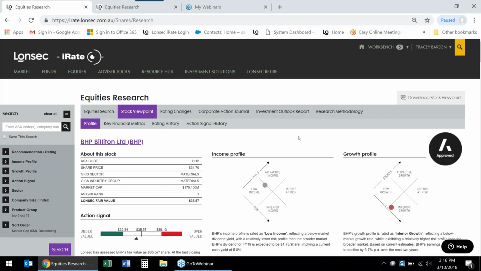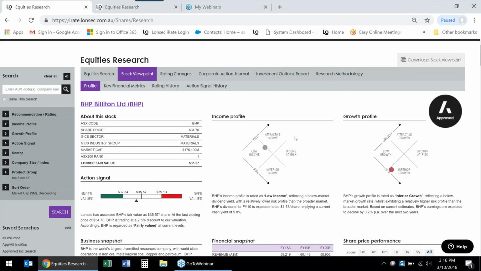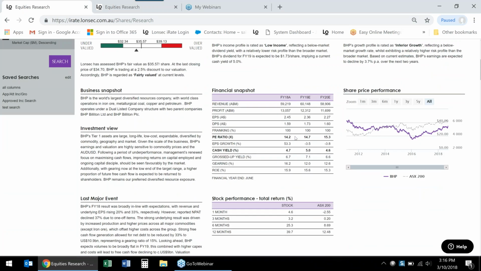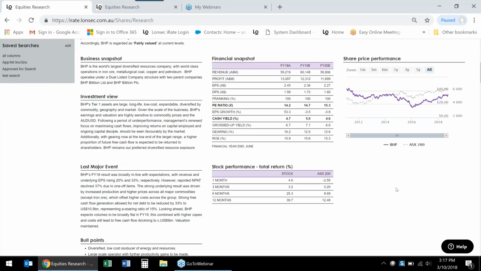And as I mentioned earlier, when you download a Stock Viewpoint on screen, it becomes a little bit more dynamic. So it's the very same information, but one of the areas that is more intuitive is, if I go to share price performance, you'll notice that I can hover on a particular price historically, and you'll be able to see the dates as at the price. So this is BHP. Okay, so it's really good in that sense.